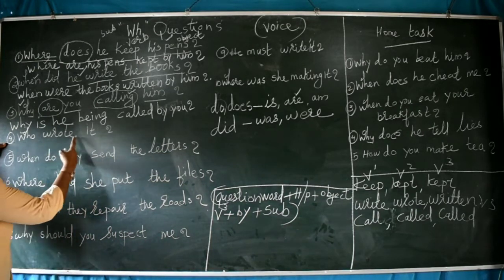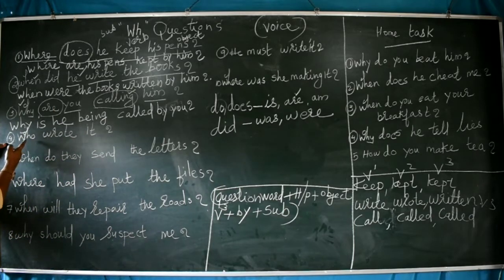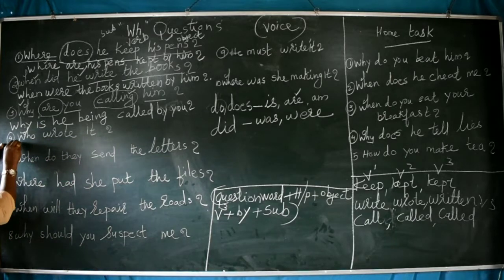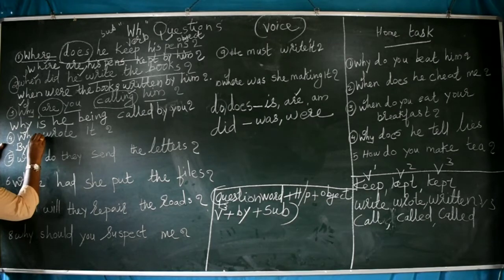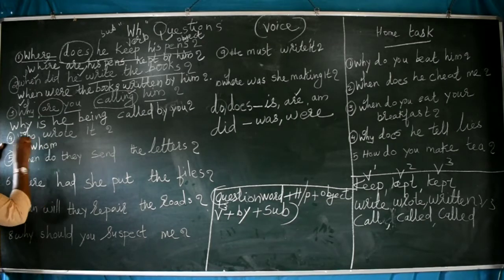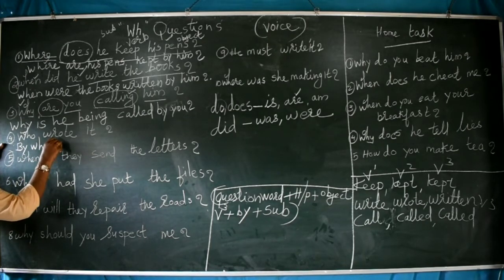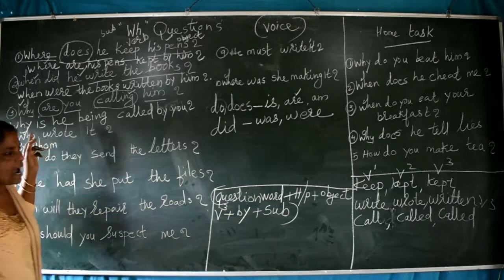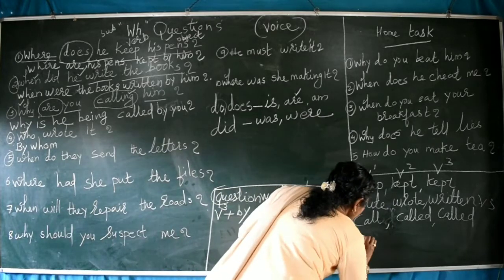Who wrote it? So this also has who. Then again one more rule: who will change into by whom. Don't forget that always. Who will change into by whom. So question word finished. Then we will go for the tense. This is simple past tense. How would you come to know it is simple past tense? You will write and see. Write,